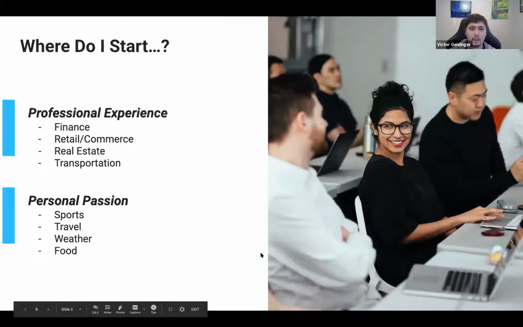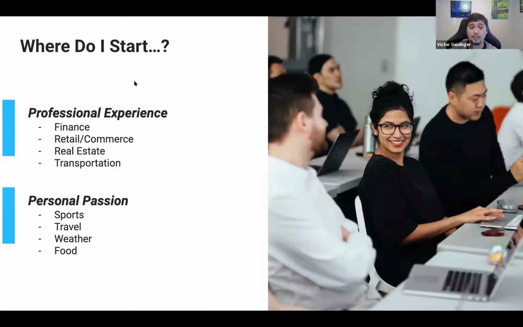So when you're thinking about what data set to pick, there are a couple of ways you can think about it. One is your professional experience, meaning either what you have experience in or something that you want to go into. Let's say in the near future you're looking to apply to a certain field and you know what things they're interested in. For example, let's say you want to go into finance and you want to do something related to finance. That would be a good one to do for your little project here, especially going into Capstone.